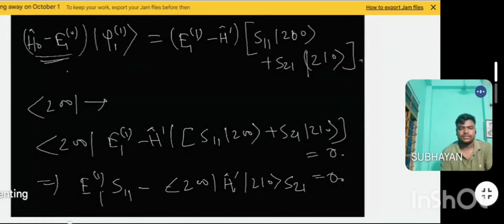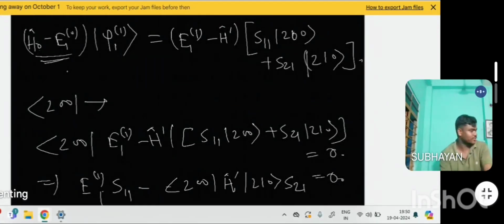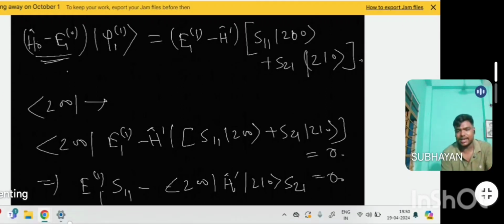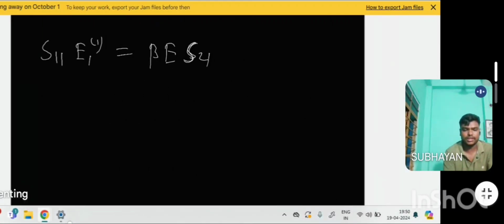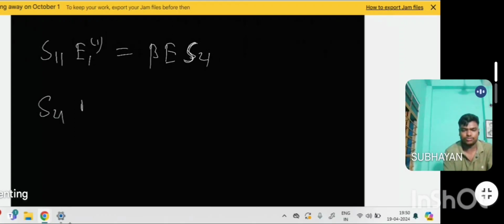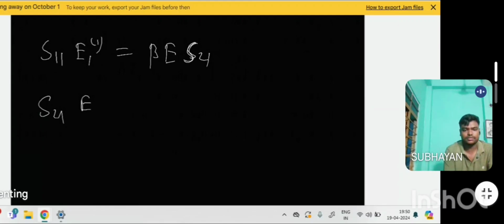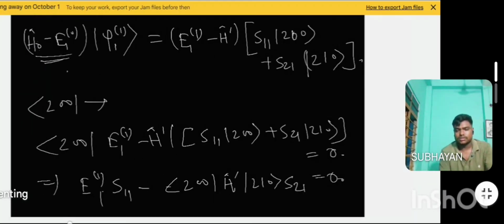Similarly, you can hit the bra of 210 at the left hand and right hand side. And in a similar fashion, the left hand side will be 0, and in the right hand side, you have S21 of E11. This is S21 of, this will be suppose E11. Okay. Then